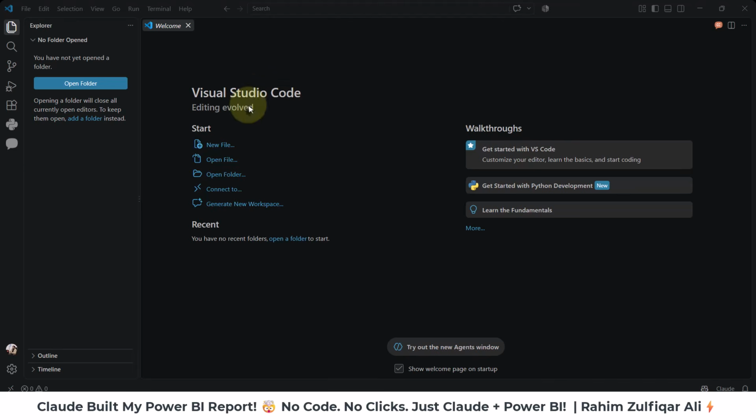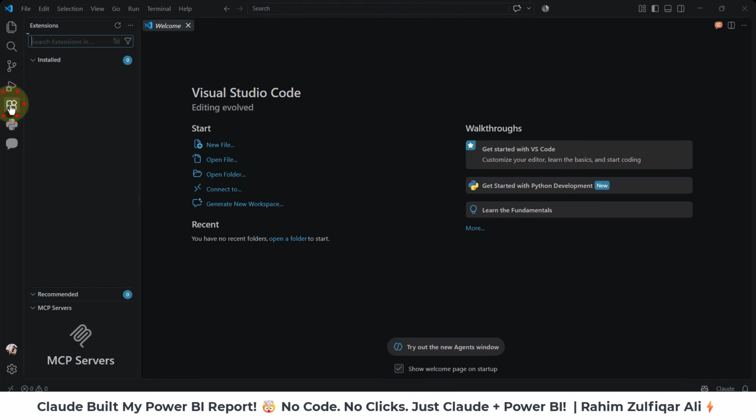Now the next step is we need to open VS Code. This is Visual Studio Code. If you have not installed it, you can go to Google again, type Visual Studio Code, and download and install it. I have already installed the extension, and if you have not, go to this extension icon,